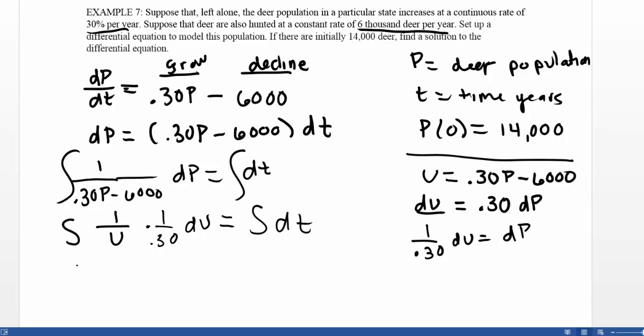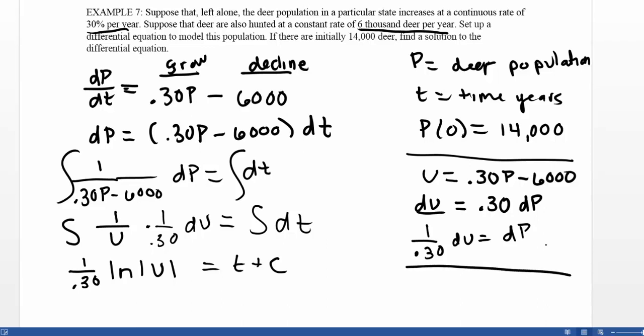So on the left hand side, I have 1 over 0.30, that's a constant, times the natural log of the absolute value of u, right? So 1 over u integrates into the natural log. And then on the right, I have t plus c. Now remember, I don't want a u in my final equation. I want a p